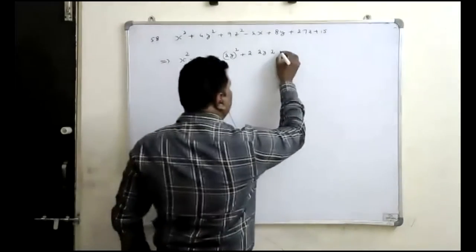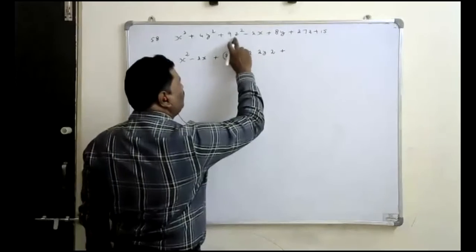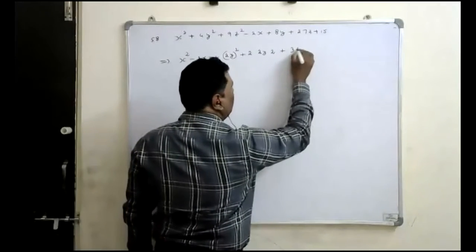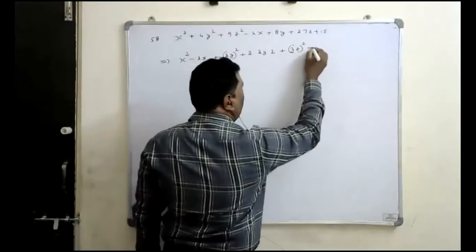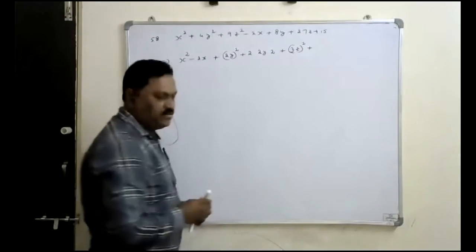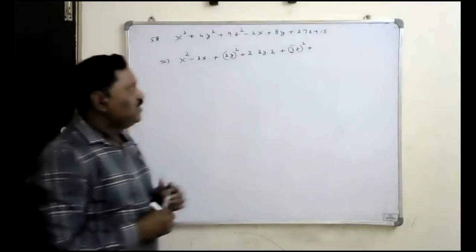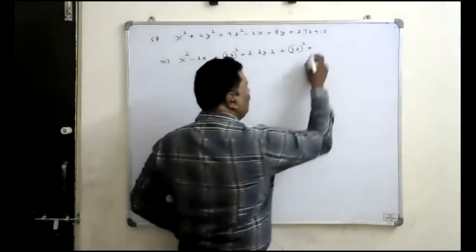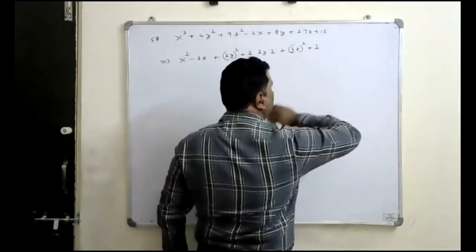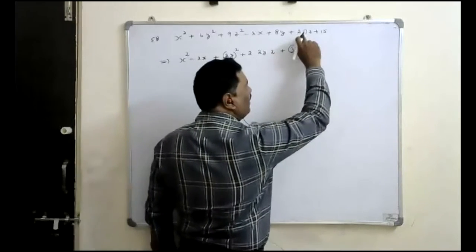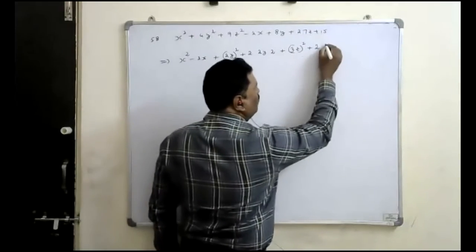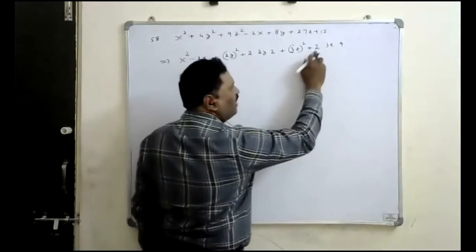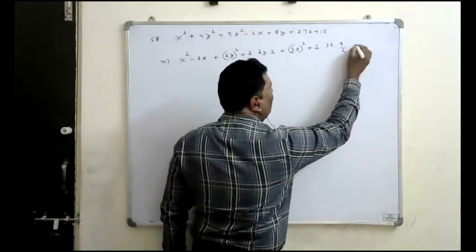Now, if you observe the third term, that is the z term, 9z square. 9 means I can write 3 square z square. This I can write 3z whole square. Plus here 27z is there. But here 2 is not there. That's why I will multiply by 2 and I will divide by that 2. And 27 I write as 9 into 3 because there is a 3z. So I can write 3z into 9, multiply by 2 and divide by that 2, and plus 15 is there.